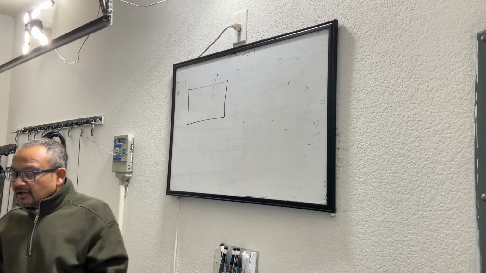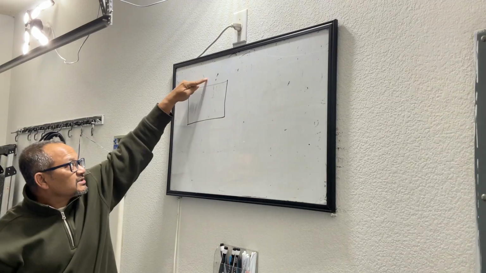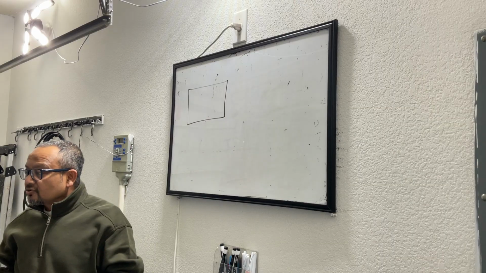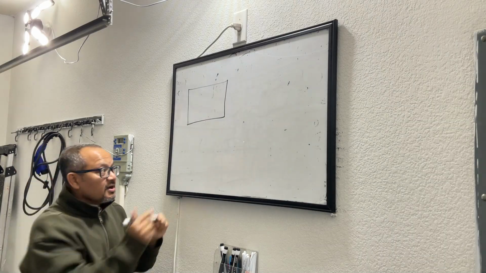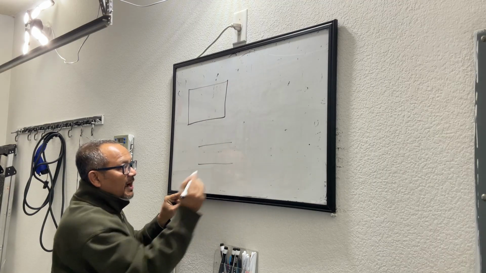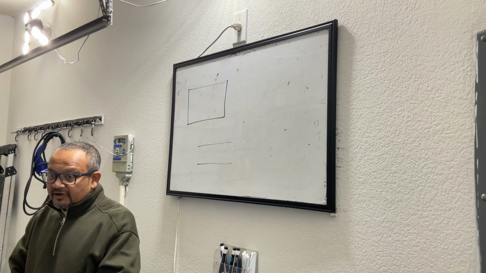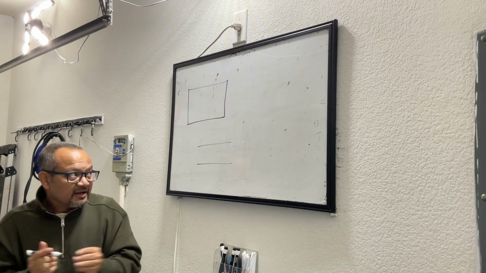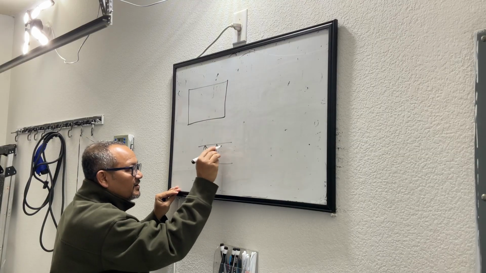What is a rectangle? It has opposite sides equal. So this side equal, this side equal, and they are also parallel. If anybody doesn't know what is parallel, if you have 2 lines that are parallel, they will never meet. It is like the railway track that you would have ever seen. Okay? They never meet. The distance between them remains same.